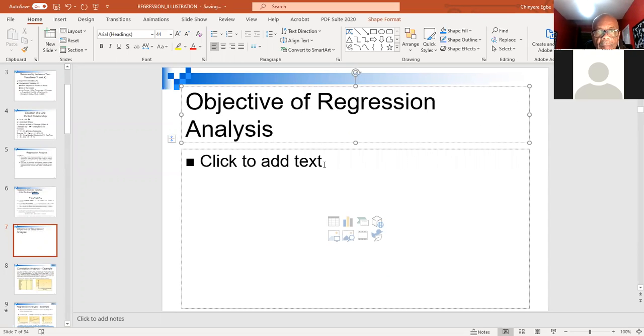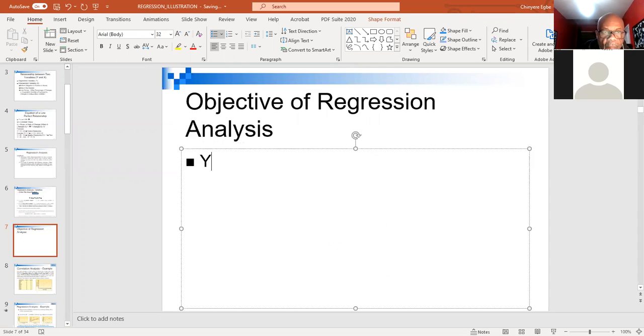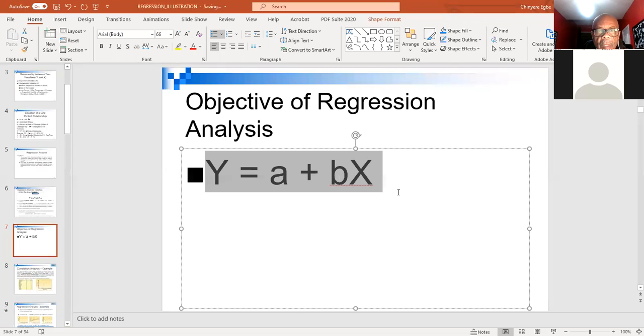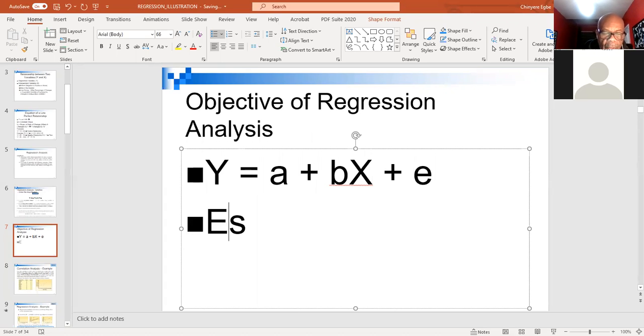So we have y is equal to A plus bx, plus e, because we recognize the error. Our objective is to estimate